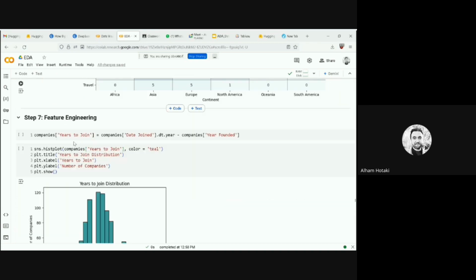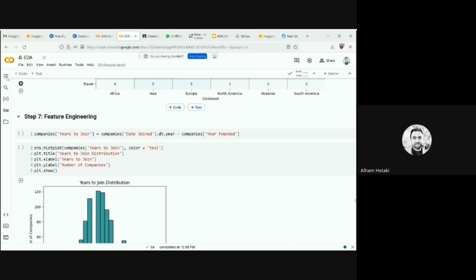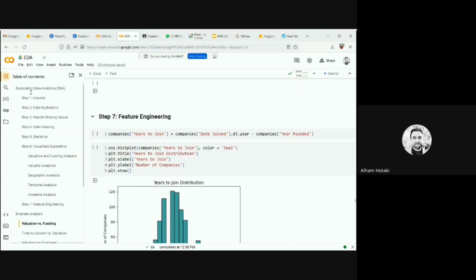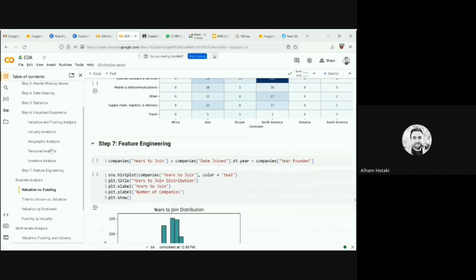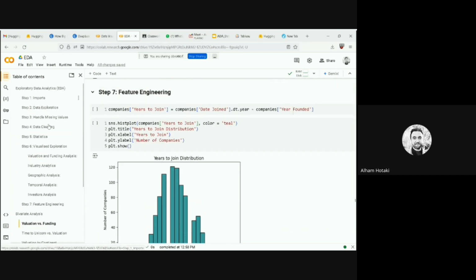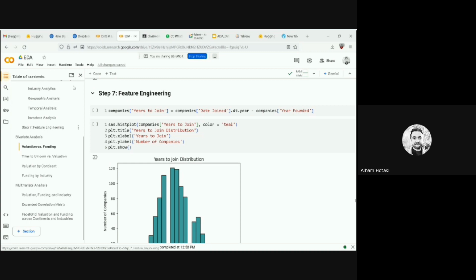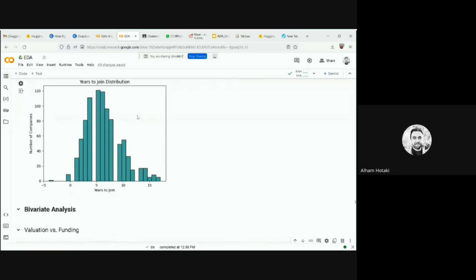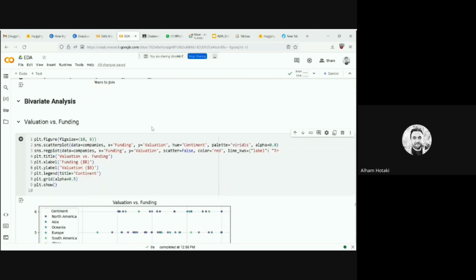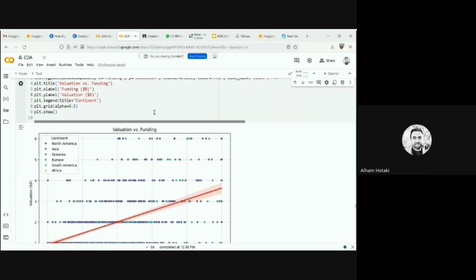These are all the steps that we have taken in data visualization and also in exploratory data analytics. These are all the 7 steps here. But sometimes before going to those steps, you can have some specific analytics from different types of